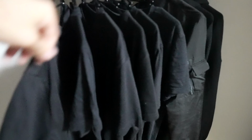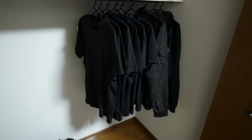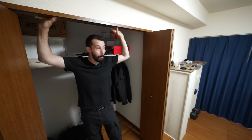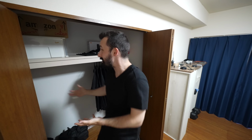And yes, I literally do just wear the same stuff every single day. A total of 7 t-shirts if you include the one that I'm wearing. One for every day of the week, as well as some matching sweaters, a couple pairs of these pants, just one less thing to worry about, one less thing to think about, one less decision to make. And look how big this closet is. There's just so much space. I don't have enough stuff to...